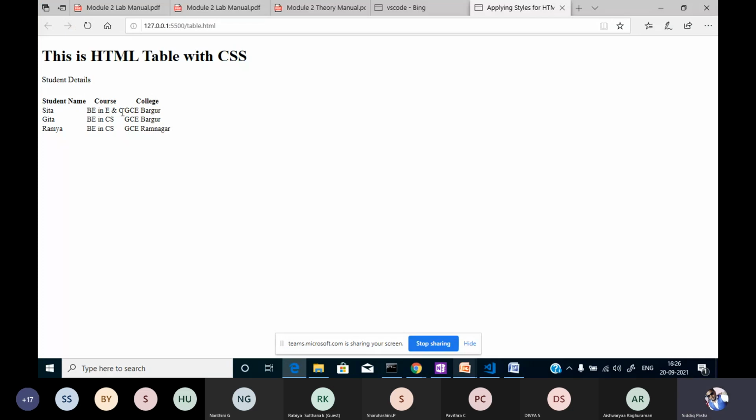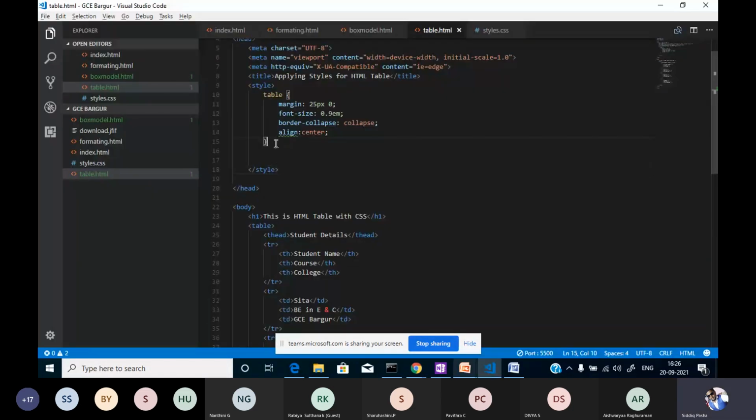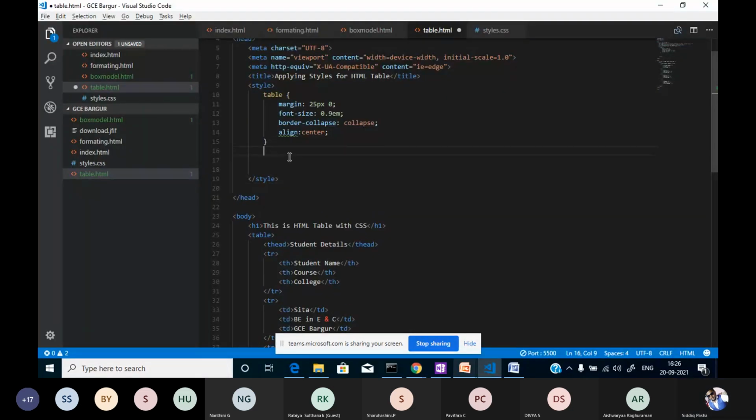Okay, this much of the styles is applied over here only. And if I add some more styles for these particular rows, let's see whether they will be available.